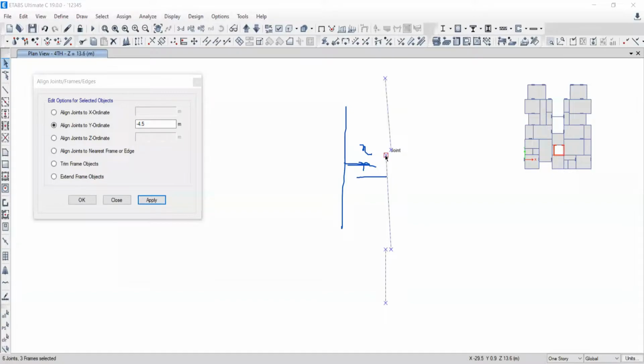So suppose this point is the correct point. So what is the ordinate of x? Minus 29.5. So go to this, minus 29.5, and let's just simply